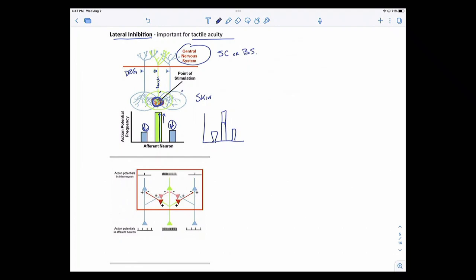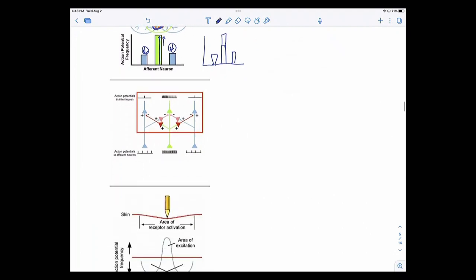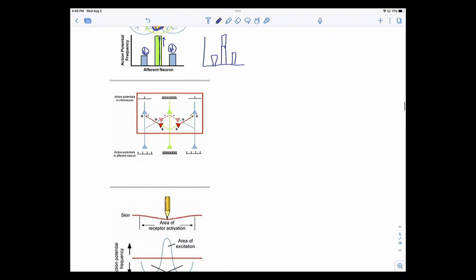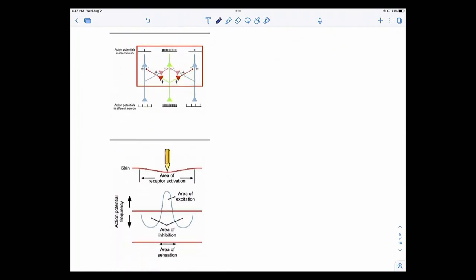Well, how does this lateral inhibition scheme work? This is where I want to go to the next cartoon. Down here, you can see a pencil touching you here. So you're going to have a burst of activity here. But in the sensory fields there, there is going to be a drop in the action potential frequencies of these lateral fields here, to accentuate that the pencil is touching there.